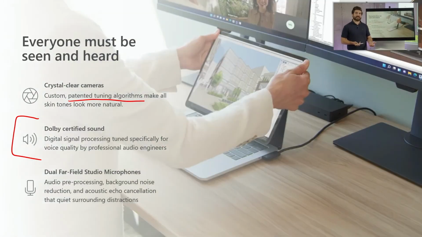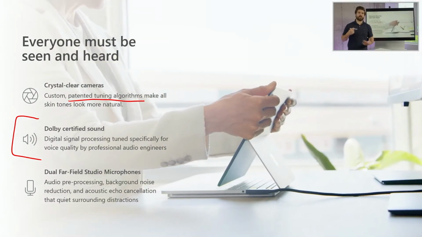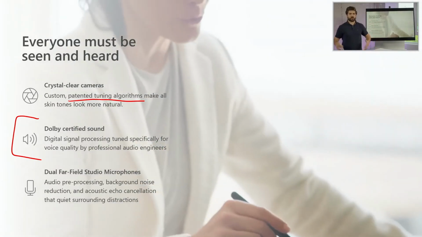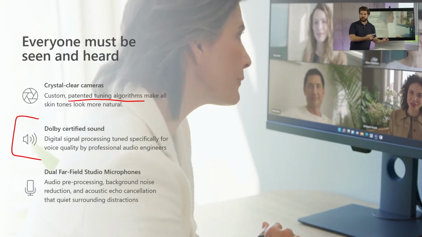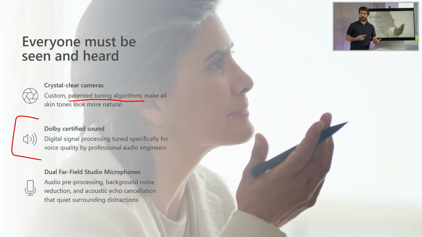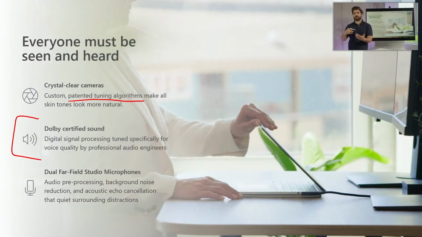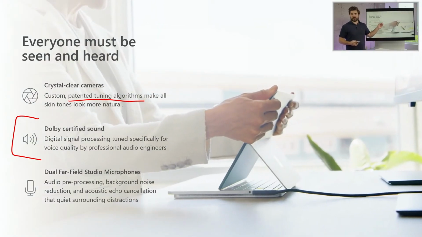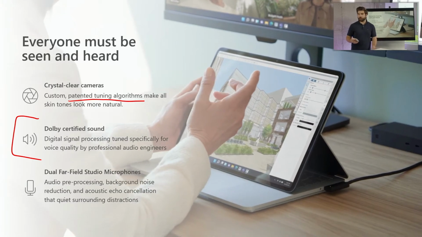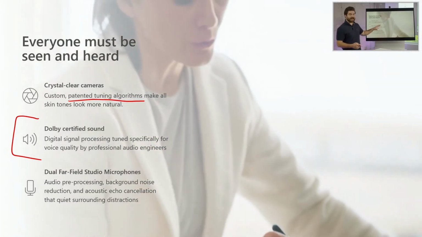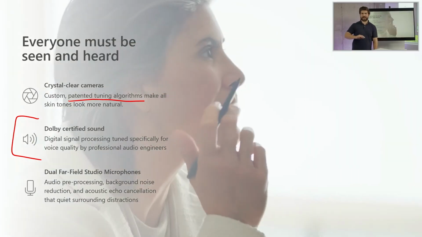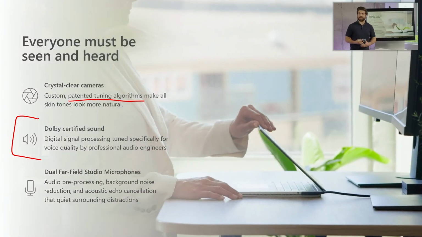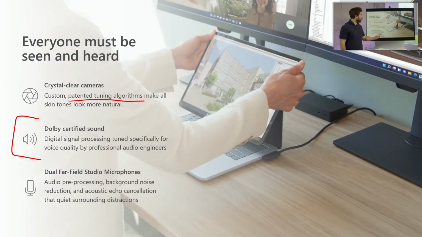But we also understand that the slightest difference in inflection in someone's pronunciation of a word, or even a noun, or the formulation of a sentence can completely change the idea that they're trying to convey to those on the other end of the camera, based off of region, based off of dialect or language. And so we want to make sure that nobody gets misconstrued and again is fully represented. So we put that kind of TLC, tender loving care, I'm going to keep throwing that out there, into our speakers so that people can communicate with ease across the hybrid work world.